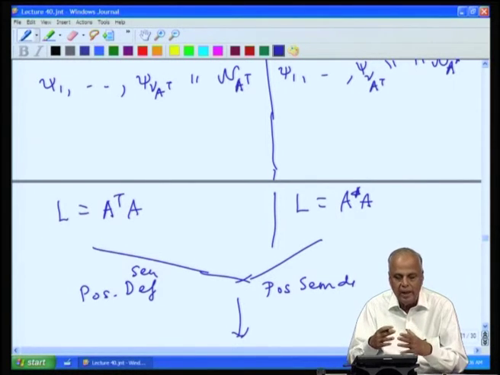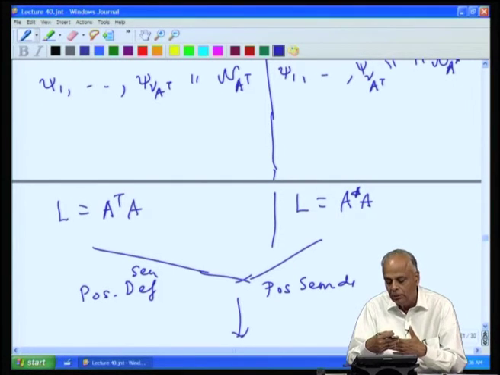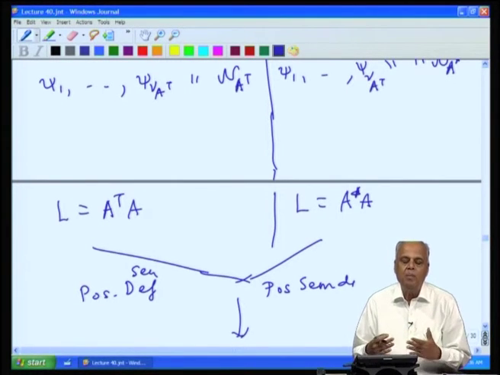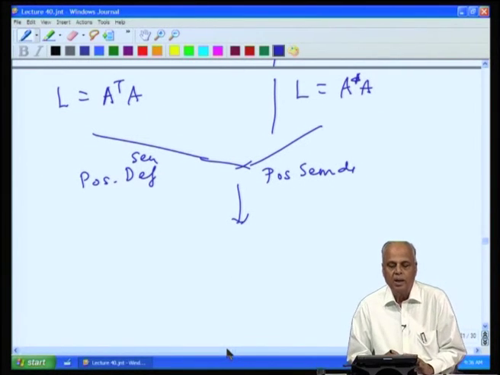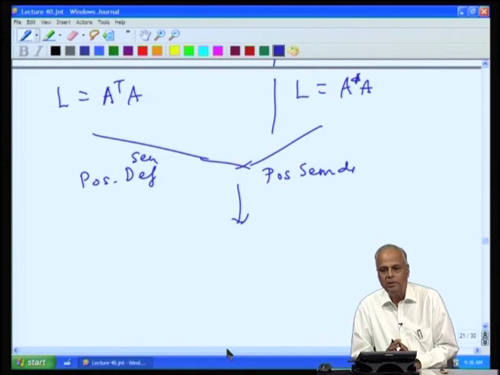So, the necessary changes that we have to make in the complex case are, in the beginning itself, while defining the inner product, the geometry of orthogonality, there is a conjugation involved, and that conjugation reflects right through our computations all the way up to defining the L and all the bases, and then we get a positive semi definite matrix. So, all this analysis can be carried out verbatim to complex matrices, and every one of the answers will be analogous to what we got.